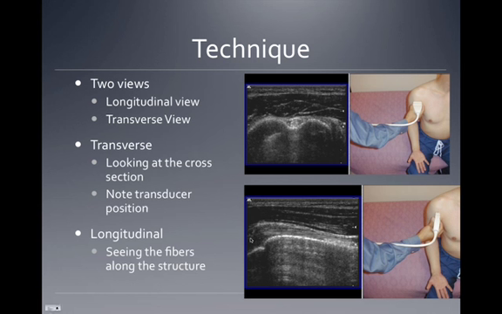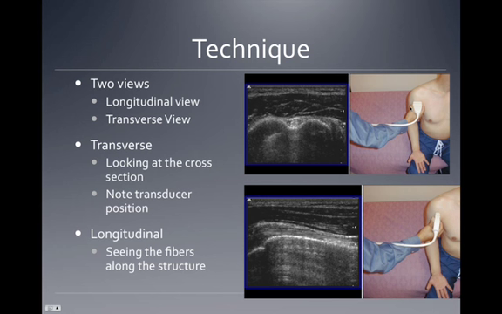All right. So let's look at technique then. We're going to be looking in two different views. We have two views. One's called longitudinal view. One's called the transverse view. And looking at a transverse view, that's when we want to look at a cross-sectional area of an object. In our pictures right here, in the top picture, we're seeing